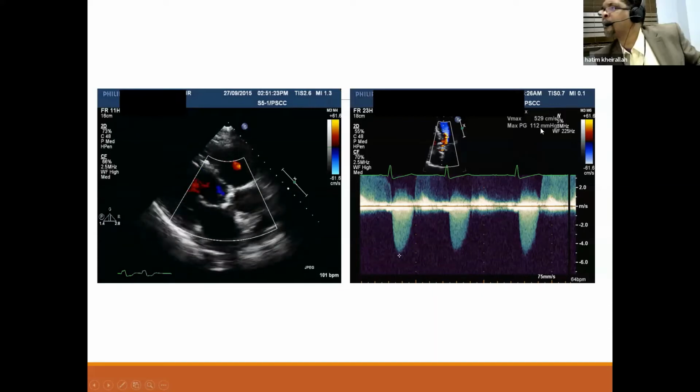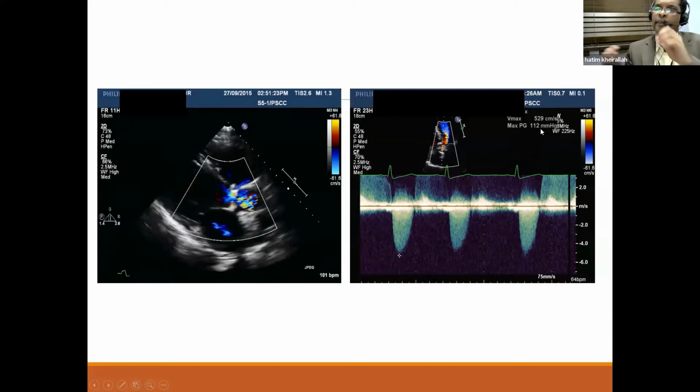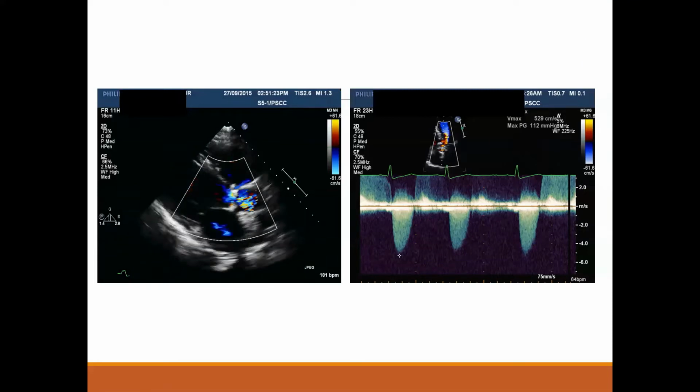Yeah. The maximum is 112. Yes. So the max is 5.2. Yes, 5.2. Yeah, exactly. So this is going with severe aortic stenosis. Thank you so much, Muawiya. I think that's the full description of the two images, and the most important thing what Muawiya has mentioned is